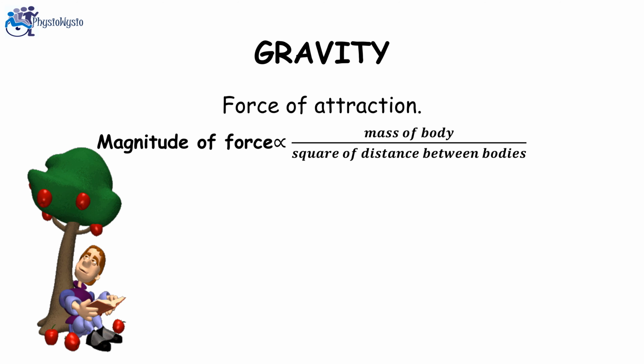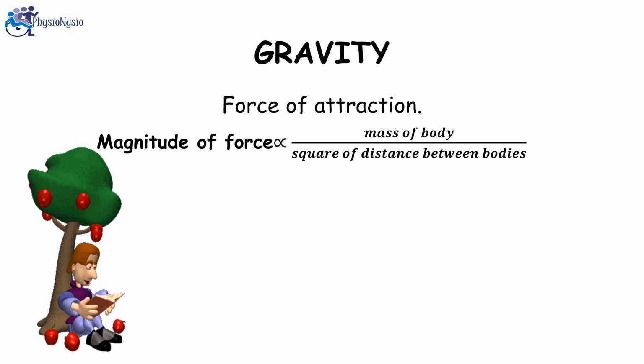As we have studied earlier, while thinking about the forces of nature, Newton discovered gravity. He saw a falling apple from the tree. From that observation, he concluded that a force of attraction exists between all material objects, and this force of attraction he termed as gravity. Gravity is the most common external force to which the body is subjected. It is the force of attraction that attracts a body towards the center of the earth or towards any other physical body having mass. The gravitational attraction of the earth for every other body is directed towards the earth's center.